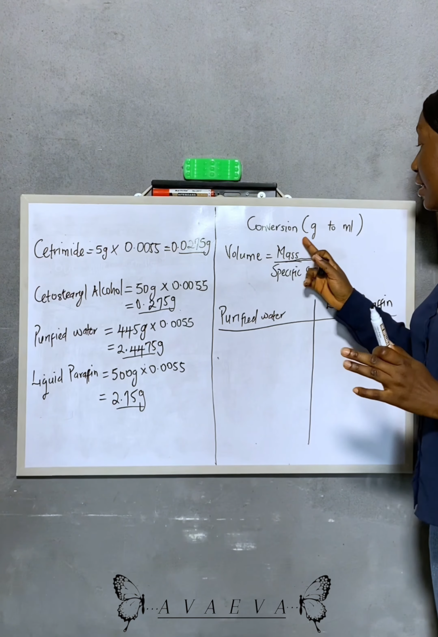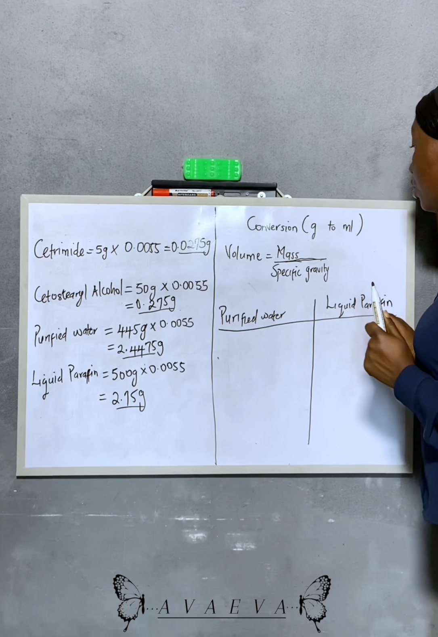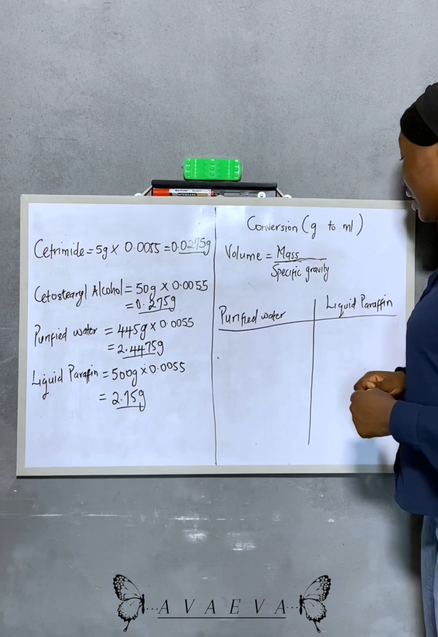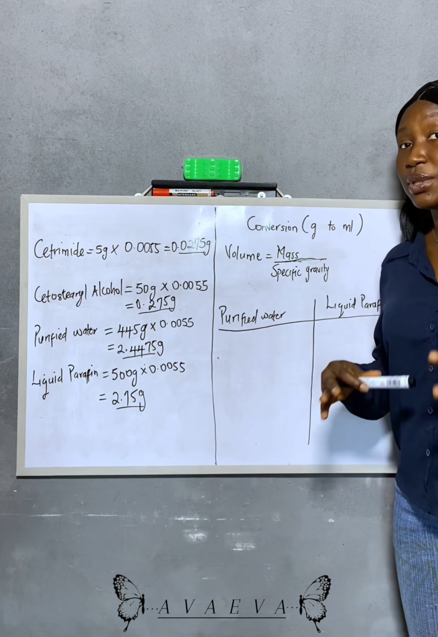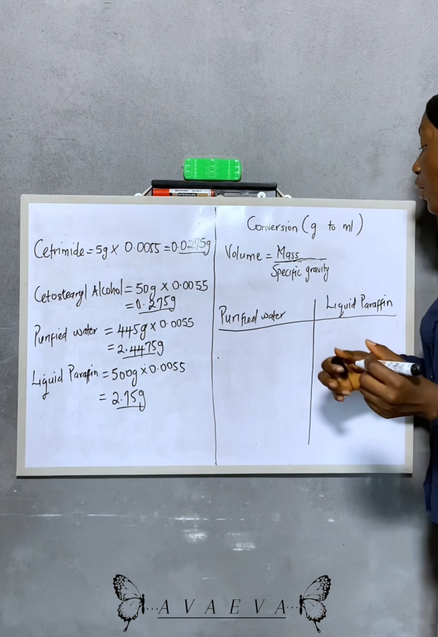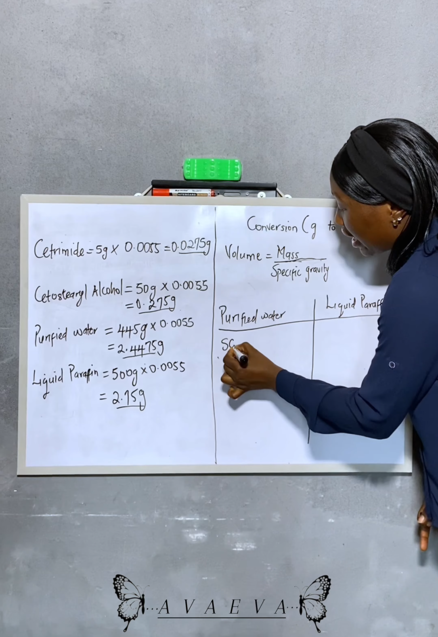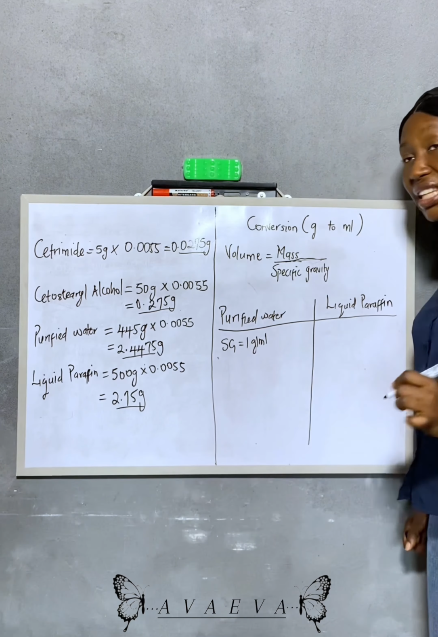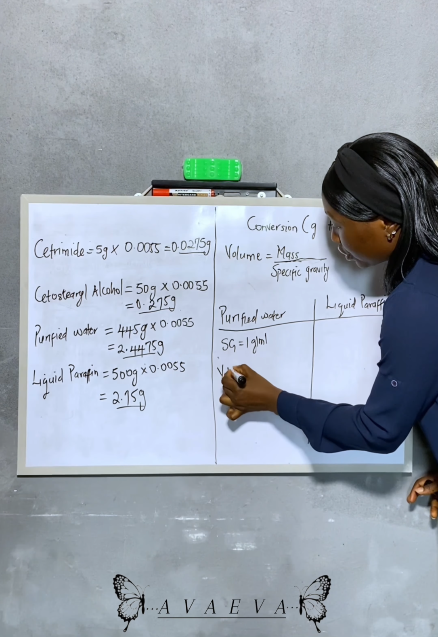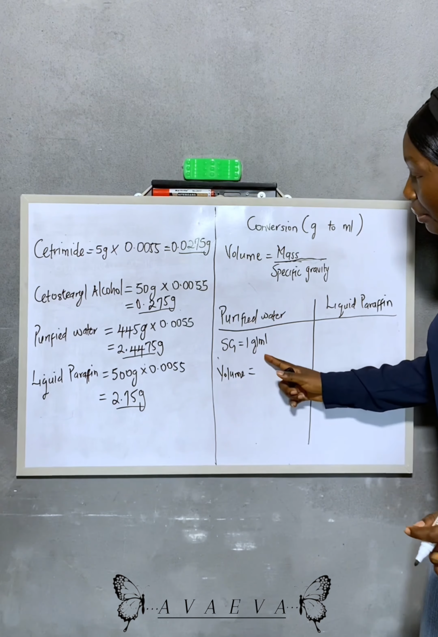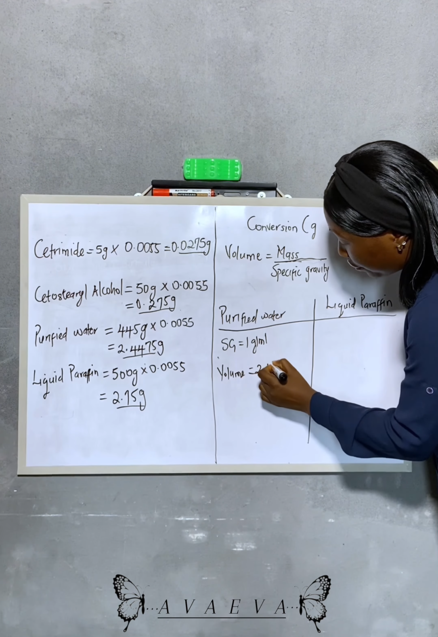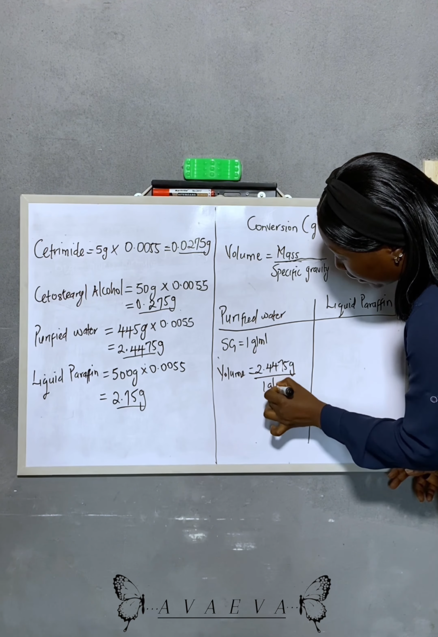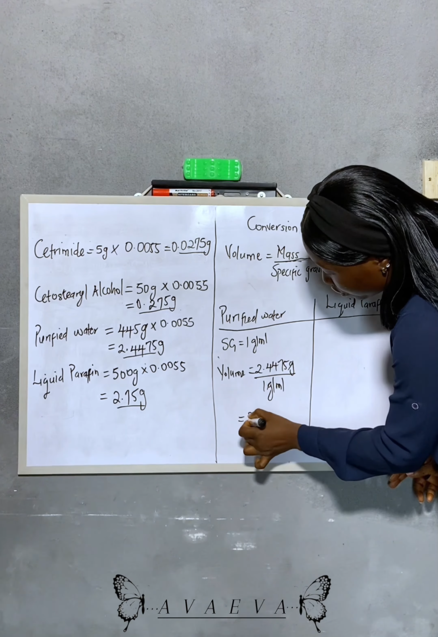Next, you have your conversion. You would have to convert from gram to mil. Now you have the volume is equal to mass divided by specific gravity. Now most times each of these ingredients have their specific gravity in the BPC. For purified water, specific gravity, SG for short, the specific gravity for water is 1 gram per mil. Hence, your volume will be equal to your mass, which is 2.4475 gram divided by 1 gram per mil. Hence, you have